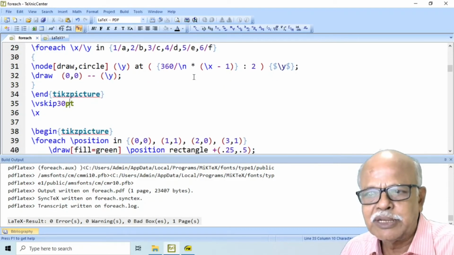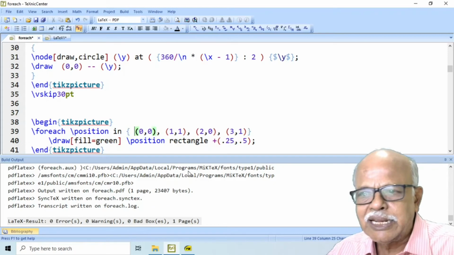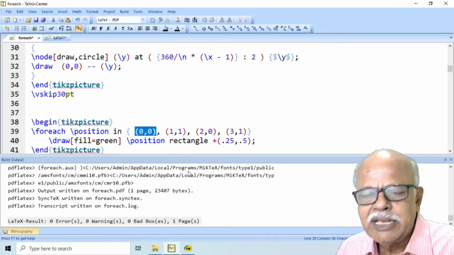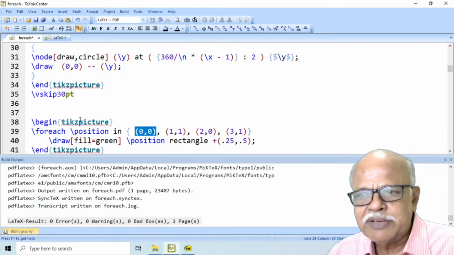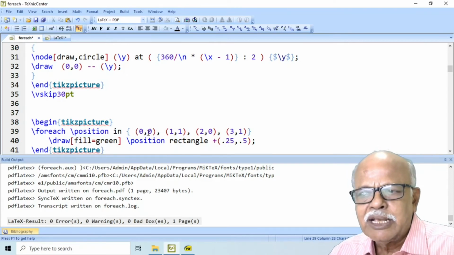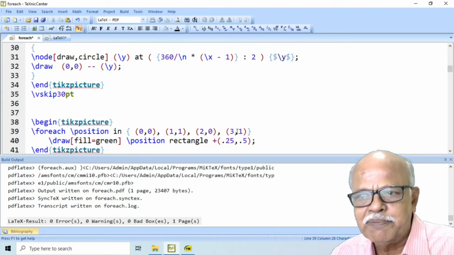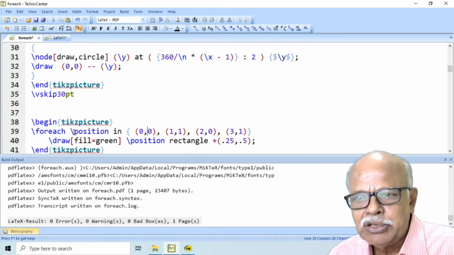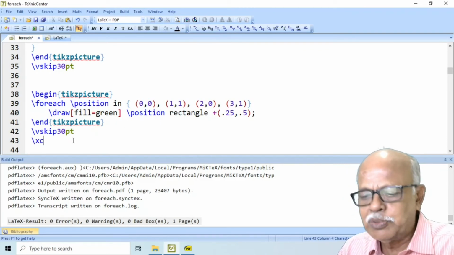This is also possible. Again, when we say variable, it need not take a single value. It can represent the coordinate x and y values of a point. That itself can be treated as a single variable, position. Here we have coordinates of positions like this: 0, 0, 1, 1, etc. And they can be defined using a single variable position, and we would like to have 4 different rectangles drawn like this at 4 different positions.